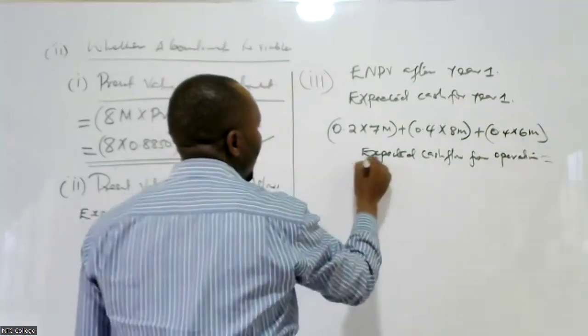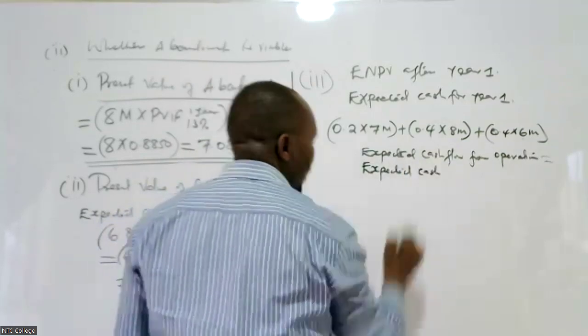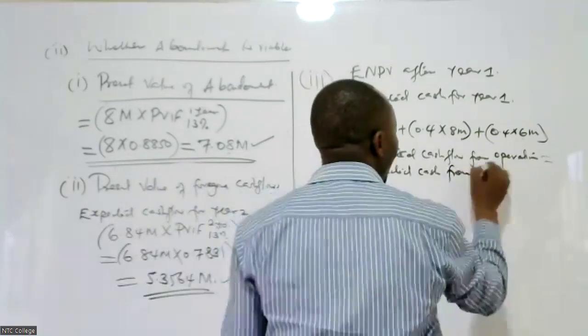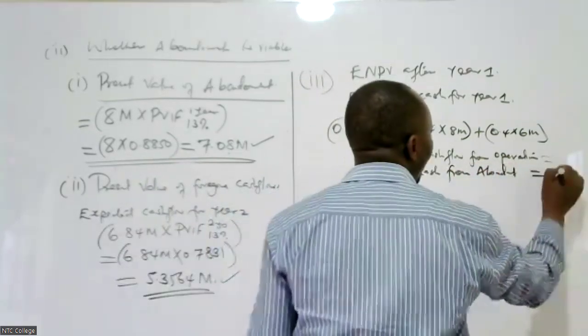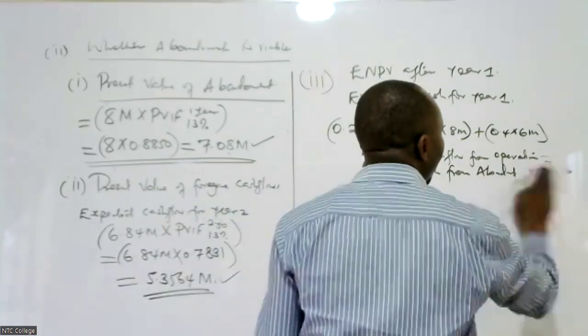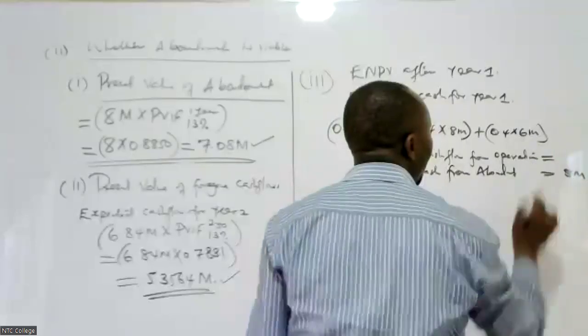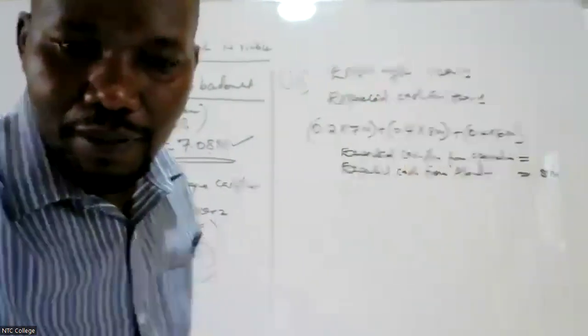Then we have expected cash flow from abandonment. We are going to sell it. Abandonment is 8 million. Cash flow from operation is